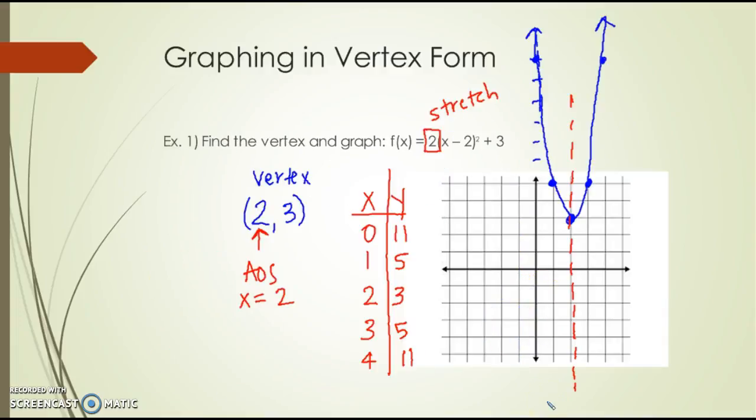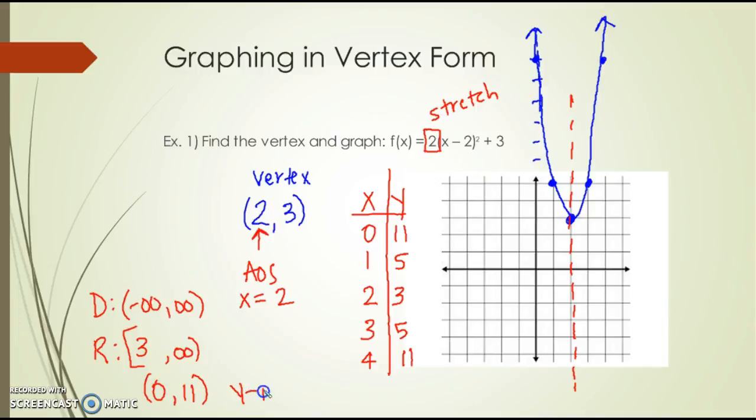So if we do those same three things for the first example, okay, your domain, every single time, all real numbers. It's never going to stop going left and right. Your range, in this case, my arrows are pointing up, so I have a positive infinity, which always goes on the right-hand side. And then my minimum, the lowest point, is at 3 on my y-axis, and we always use a bracket. My y-intercept, I plug in 0 for x. 0 minus 2 is negative 2. Squared is positive 4. Times 2 is 8. Plus 3 is 11. So my y-intercept is at 0, 11,